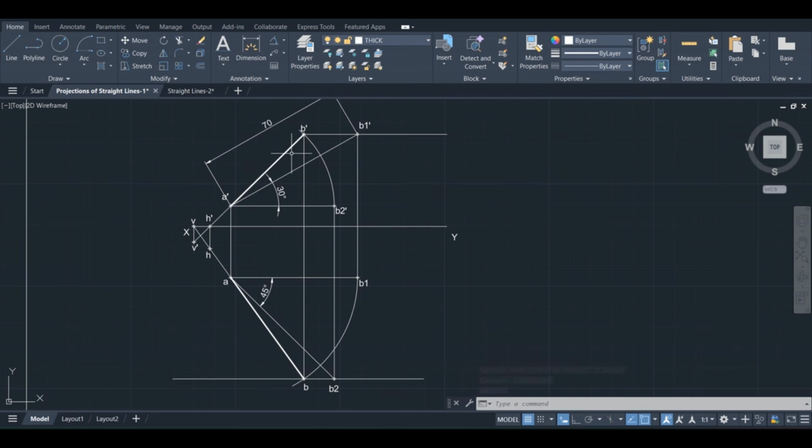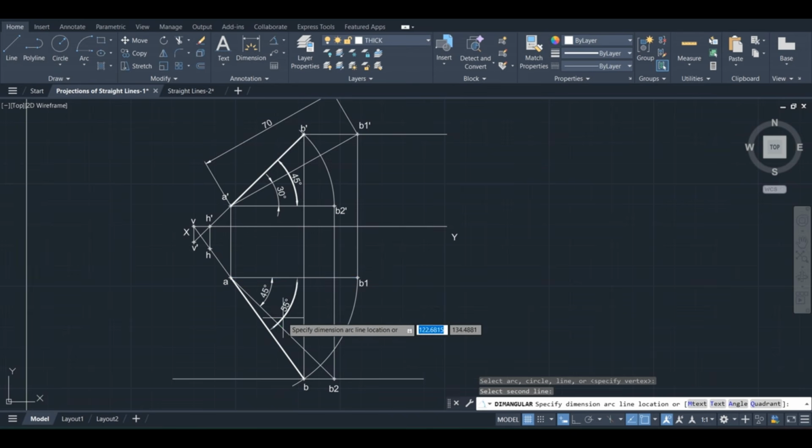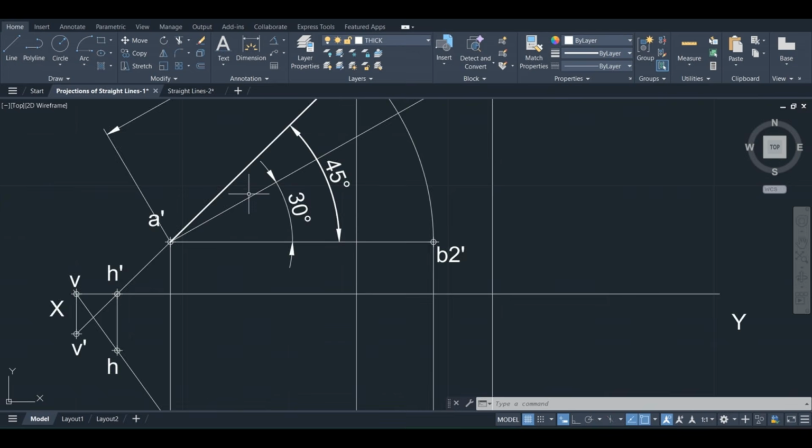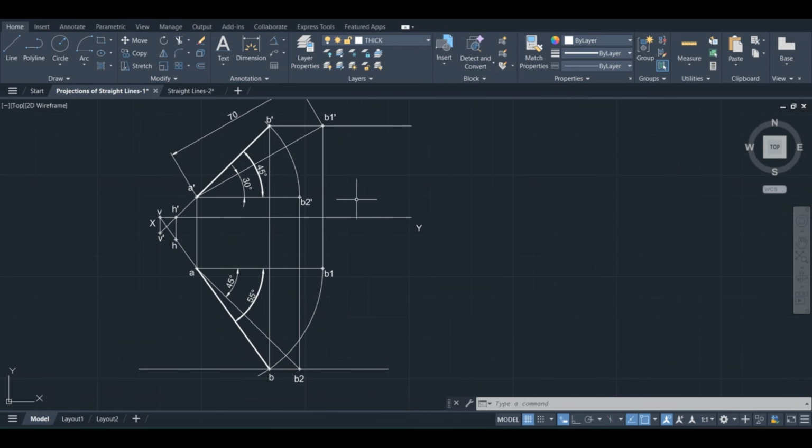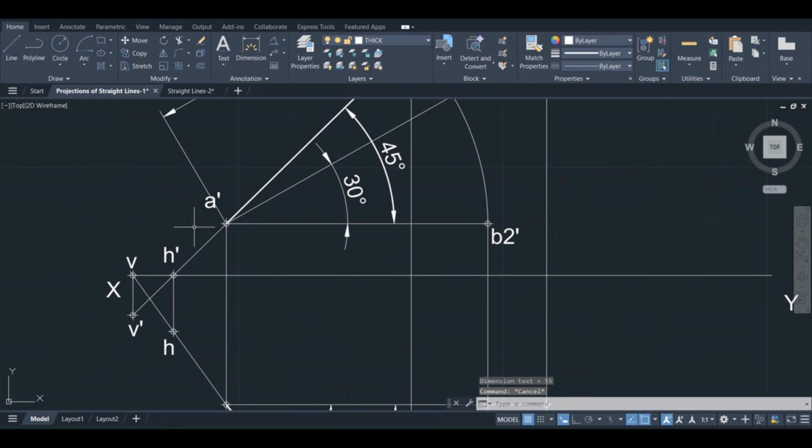And in the final answer the inclination is greater than the true inclination in the front view as well as in the top view. So this inclination is called the apparent angle. Okay, also in the top view this inclination is called the apparent angle. In front view it is alpha, in the top view it is beta. Okay, true inclinations are always associated with the true length lines. The true length line is longer than this final position in the front view as well as in the top view. Okay, escape. Just move this A dash to see clearly.